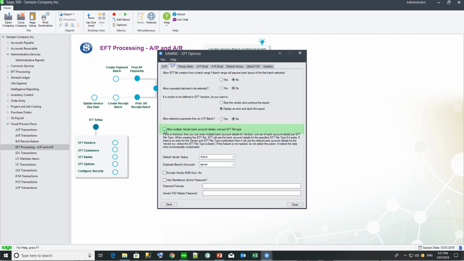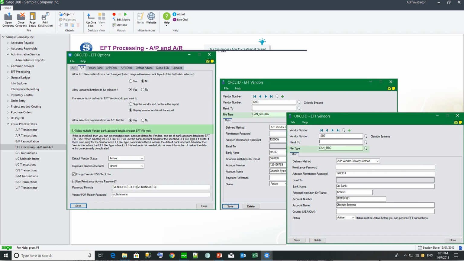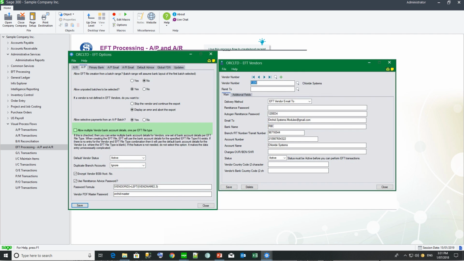Allow multiple vendor bank account details, one per EFT file type. Typically, you would not select this option. If you do select this option, it implies that for each bank account that you're paying from, you will have a different detail for the vendor. So if you're paying from bank account A, you'll use account 123. But if you're paying from bank account B, you use account 456. Typically, this scenario does not happen, so you would leave this option deselected. And then you can have multiple vendor bank accounts by remit to code, but not dependent on which bank you